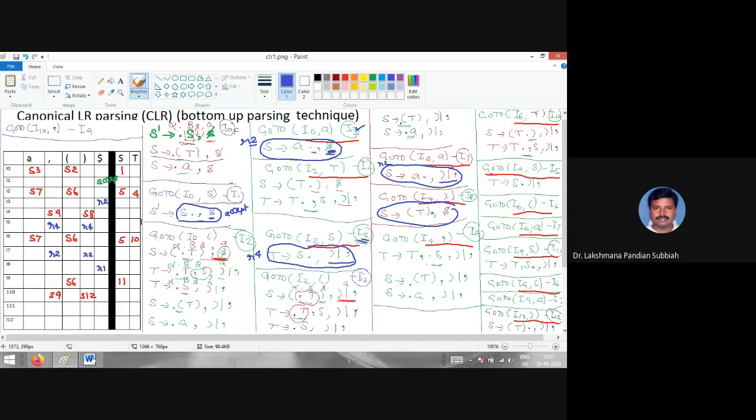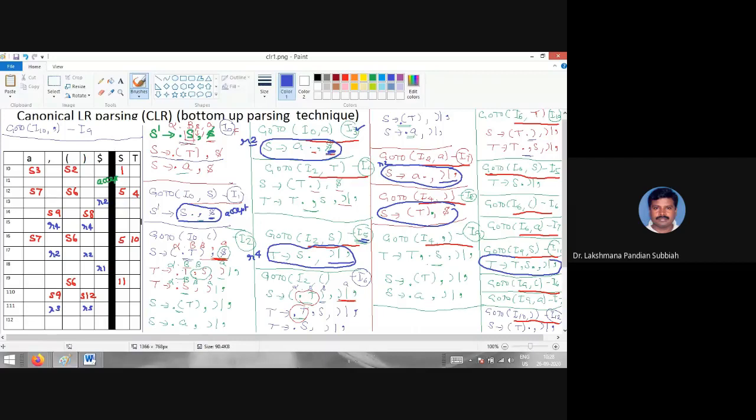Here 8 is over. Then I9 nothing is there, I10 nothing is there. Then I11 is R3. So here we have to put I11 R3 in close. So here we are having R3 is this one and this one R3.